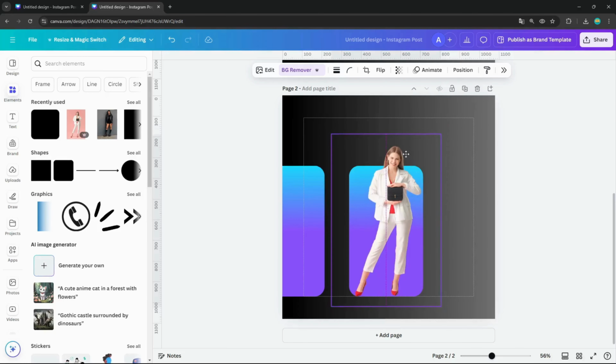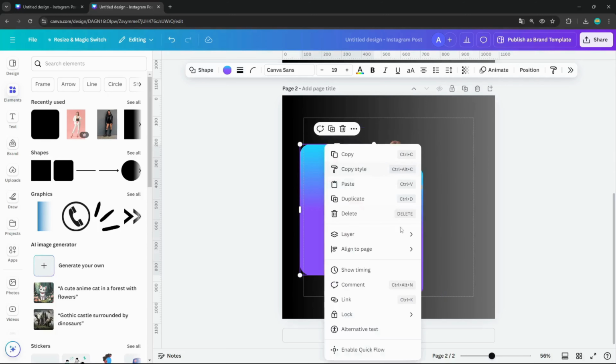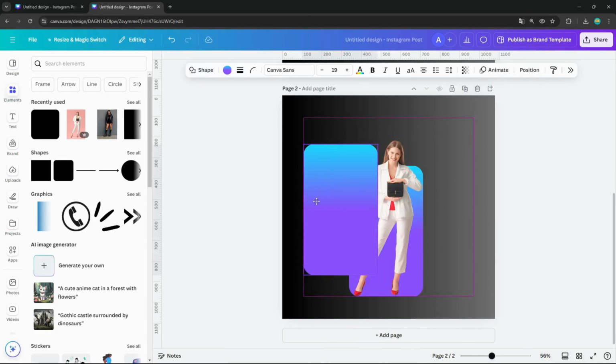Yes. And now I just need to move my second item on top of the others. So right click, layers, bring to front,